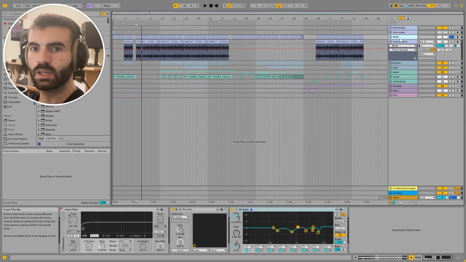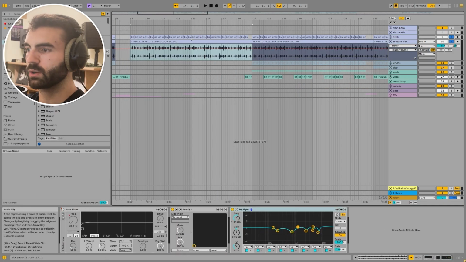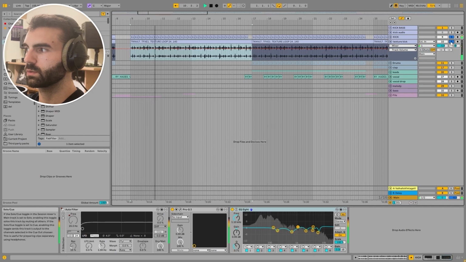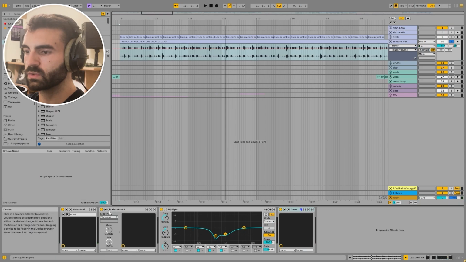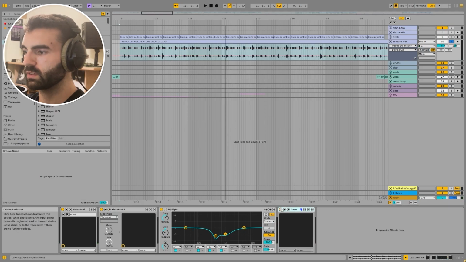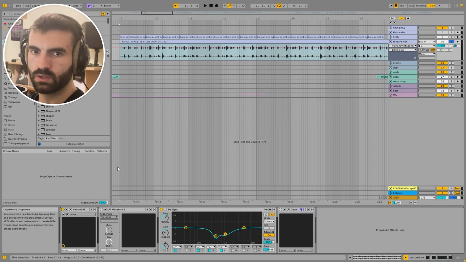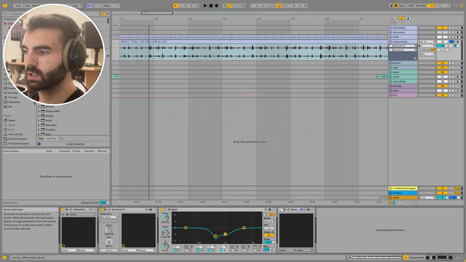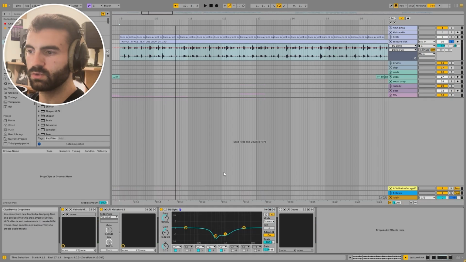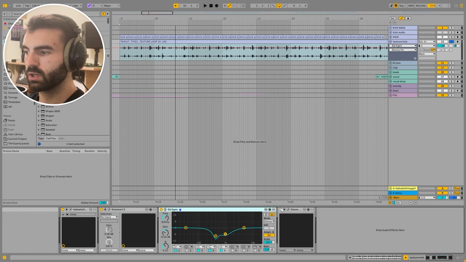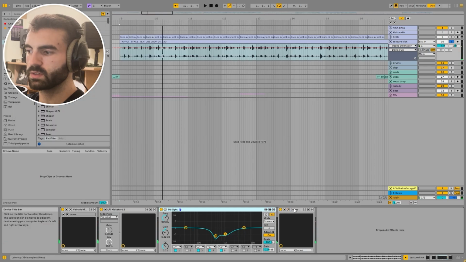So to accompany this kick, I have also this texture, which is gonna put a bit of ambience in the background. So here I just found a loop that I liked. Sometimes it's nice to throw in just a loop like this, and I'm just making sure it's not too dry and it fits with the room of my kick and of my track as a whole. Also, usually you have some mud in the mid frequencies, so I like to do those cuts, and I'm also controlling here the wideness with the